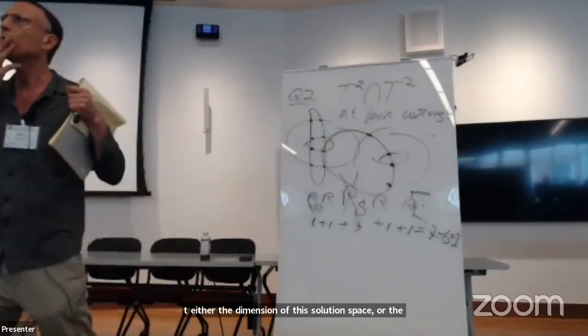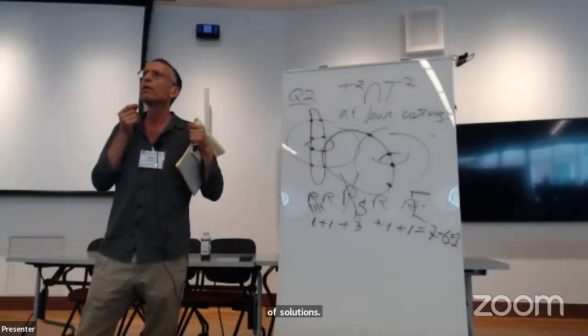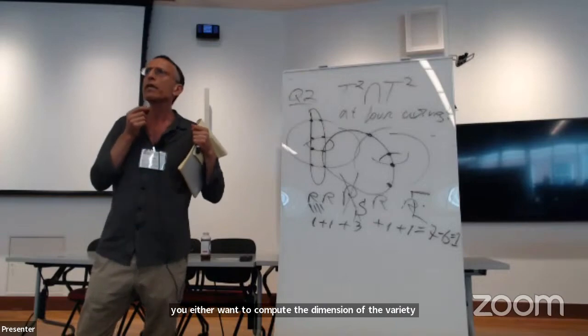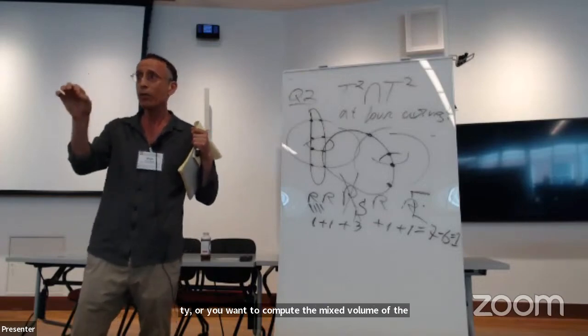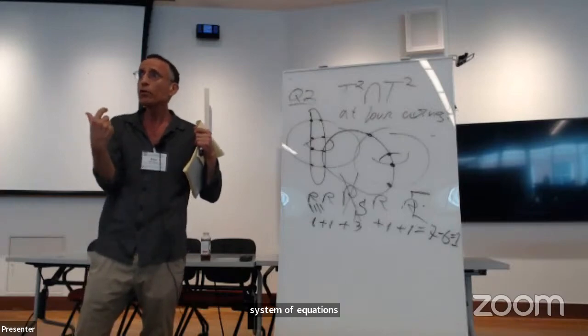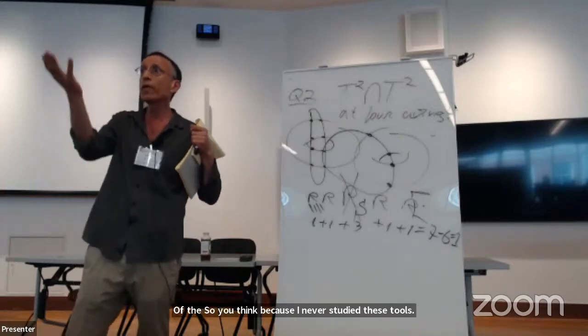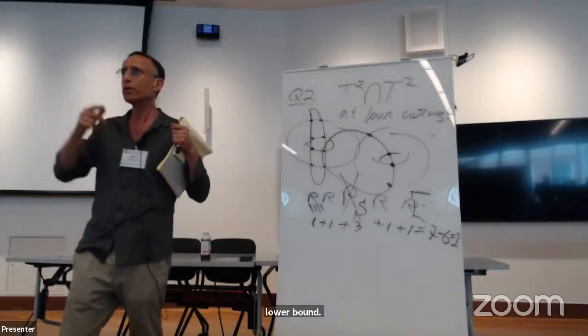You think there's a classical problem in algebraic geometry where you either want to compute the dimension of the variety or you want to compute the mixed volume of the system of equations of the Newton polytope. So you're saying, because I never studied these tools, so you have a method to actually compute at least a lower bound. We need a lower bound on the number of solutions. So you think this is the right way to get it? Yes. Perfect. So can you chat a